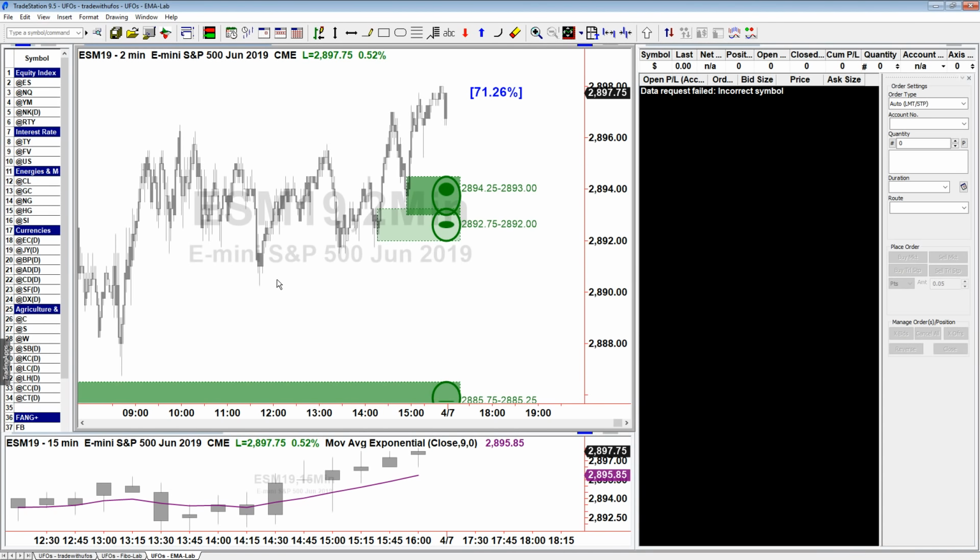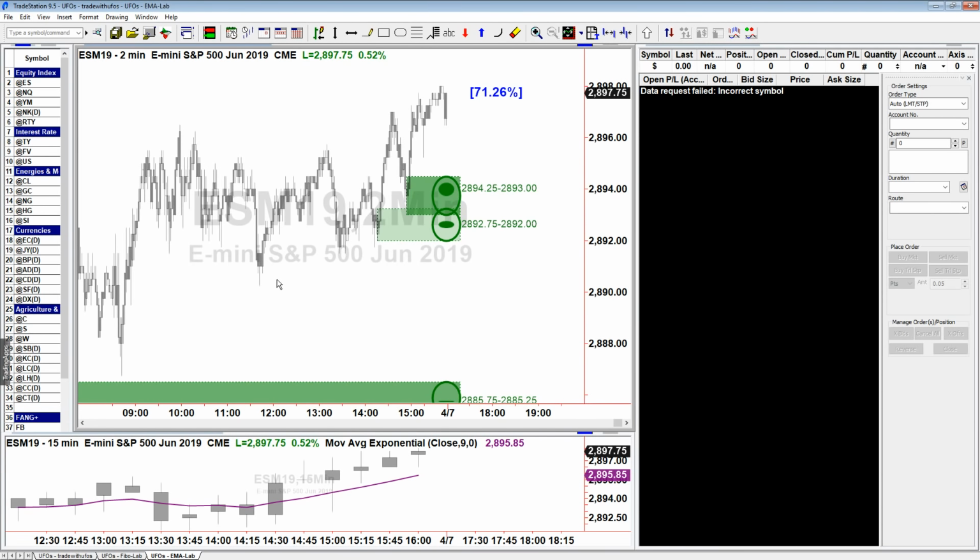And the explanation I want to go over is when on Tuesday sessions, I am using this workspace on TradeStation, where in the bottom part of the screen, I have a chart with an average. And on the top part of the screen, I have a chart with the AutoUFOs. So what am I looking for when I'm doing that in those Tuesday sessions? And why am I doing that?